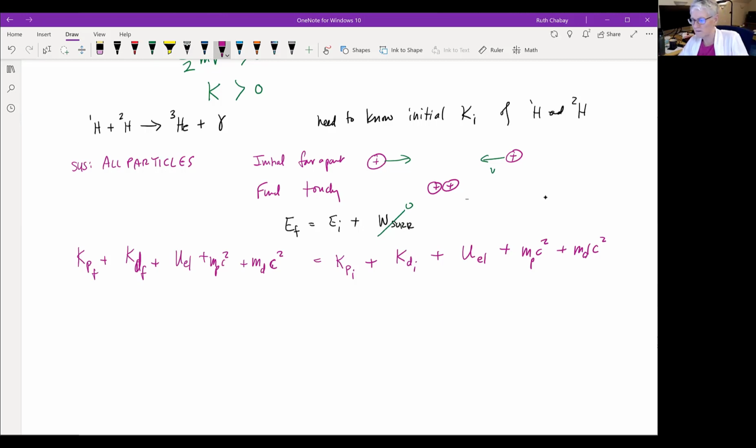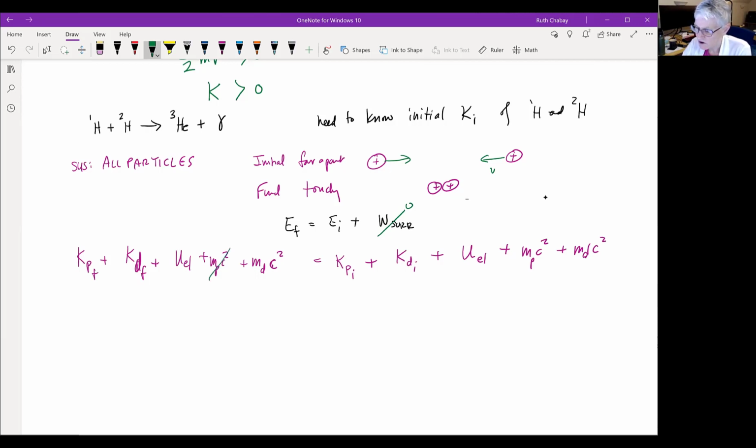So I violated a cardinal rule here. I went a step too far and didn't pay attention to what I picked as initial and final states. And now we're going to have to solve the problem, find out how much energy we get back. We're going to have to use a different final state. But for this, all we're trying to find out is how much energy they need to touch each other. Okay. So in this situation, if we take these initial and final states,